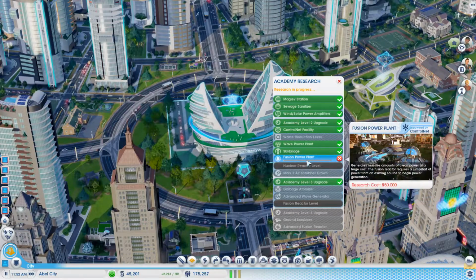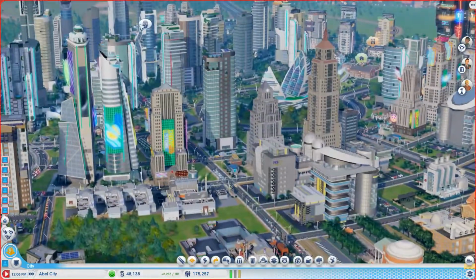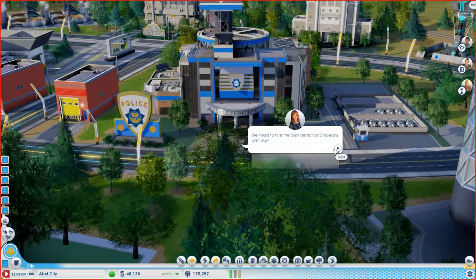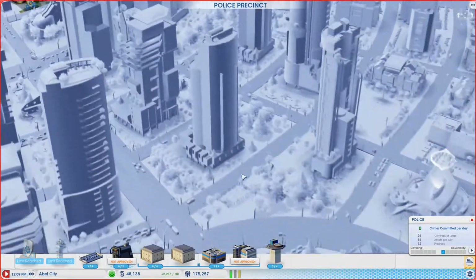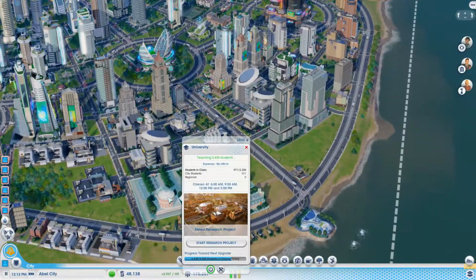That might be... Oh, okay, it looks like it's going to go. Well, I'm not going to... Ooh, hold on. Killer on the loose. We need the best... Okay, we need more detectives. Do we not have enough detective... Oh, we don't have any detective. That's because I don't have a school of law. Right, we never got that. Okay. Well, let's turn this back on and see...